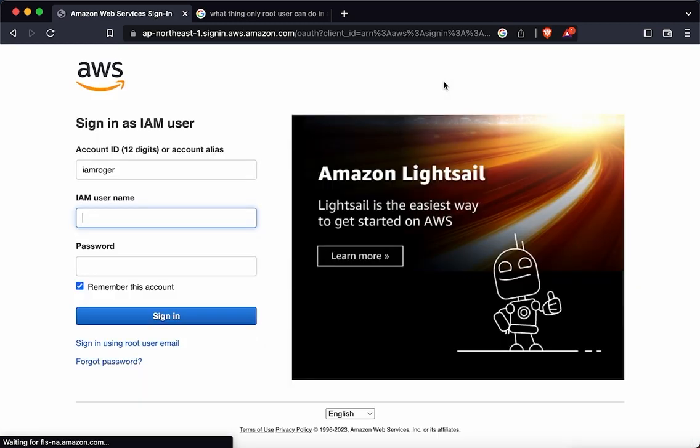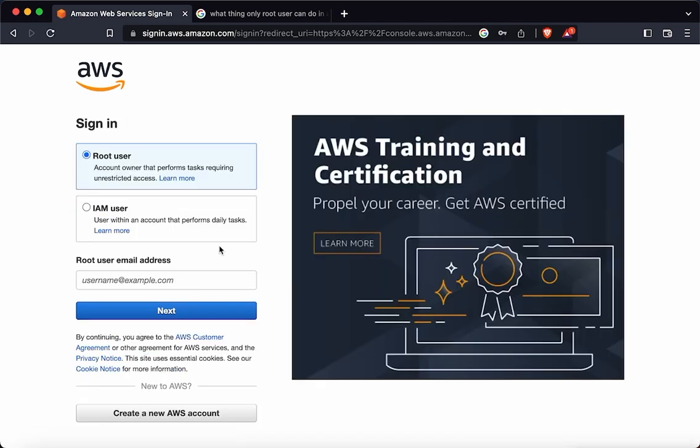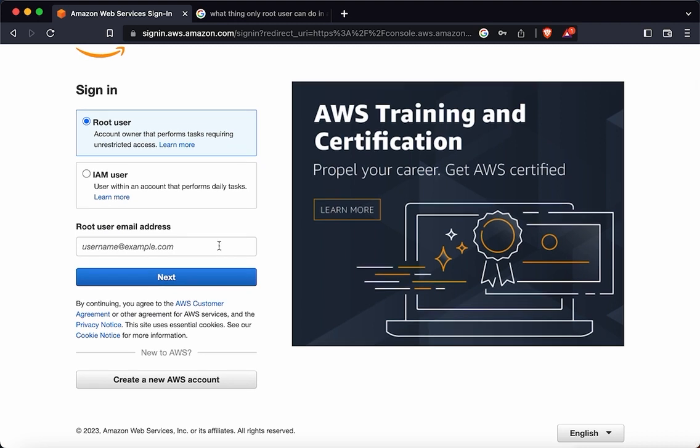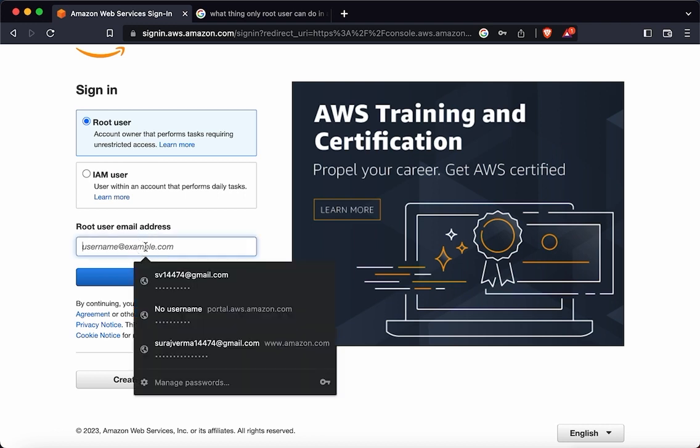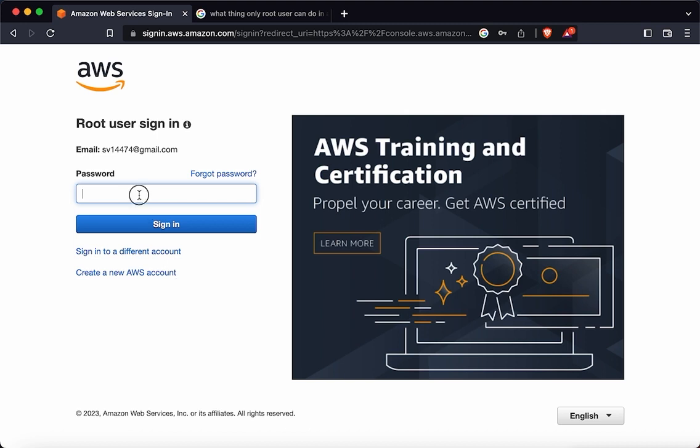First of all, we have to create an IAM user. We have to log in as a root user, or we can also do it with another administrator's account. So right now I am logging in using a root user's account. So here it is. You can do like